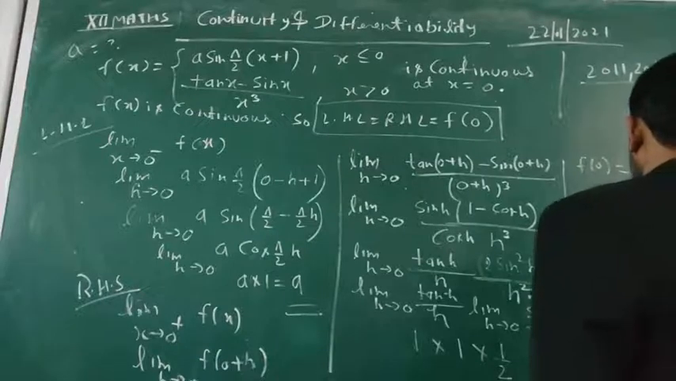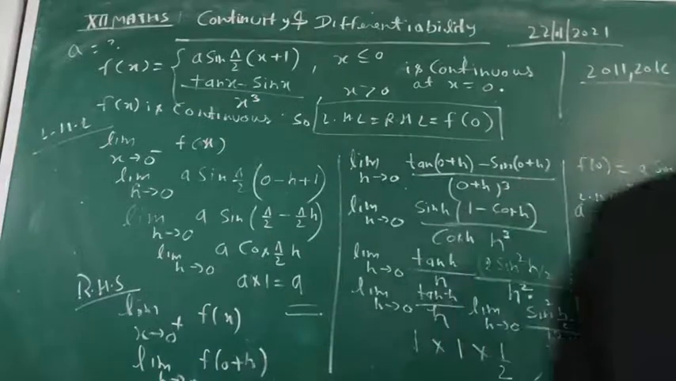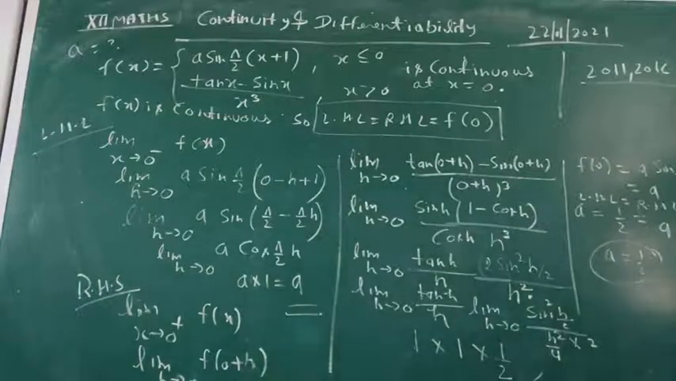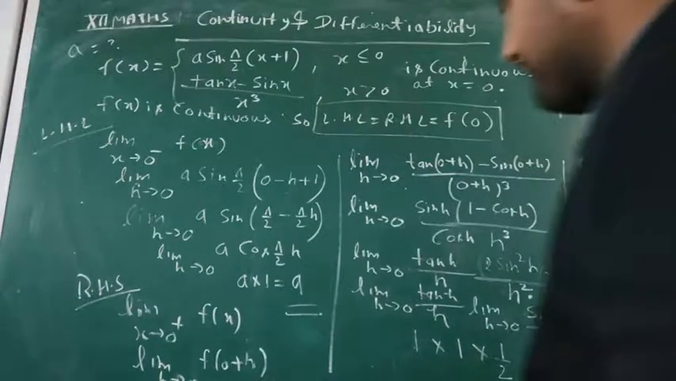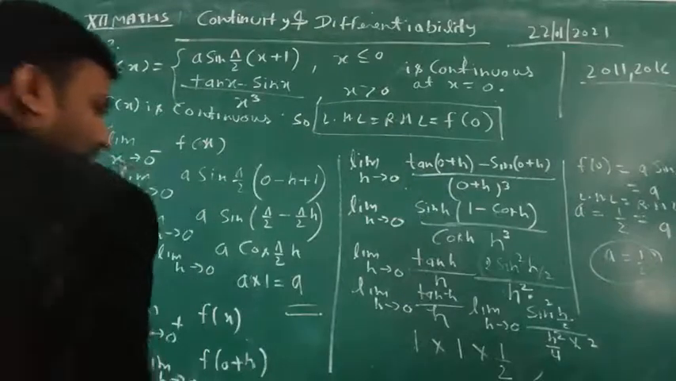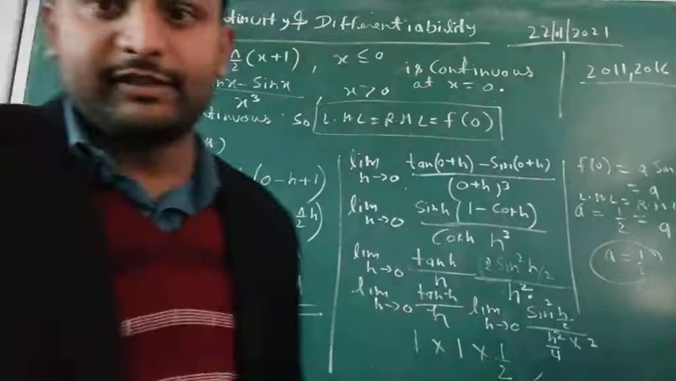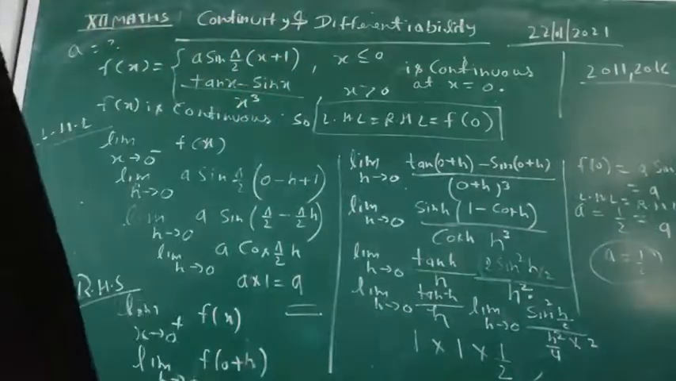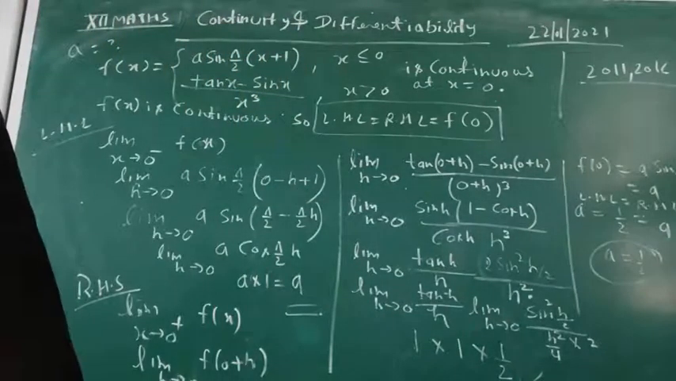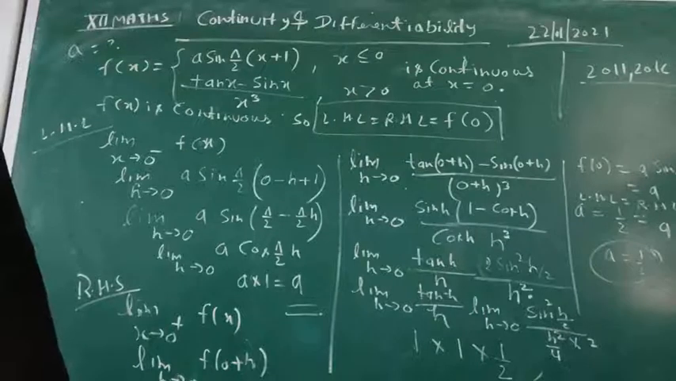So from here we are getting, okay student, so left hand limit is a, right hand limit is 1 by 2, and value of the function is a. Okay, so when we are equating this, we are getting a is equal to 1 by 2. I hope you understand students. Now tell me,